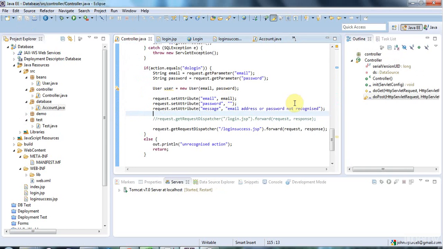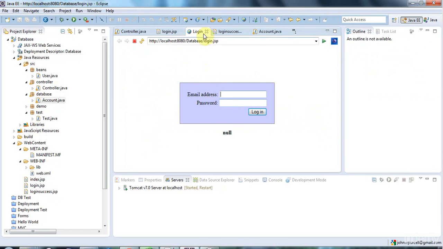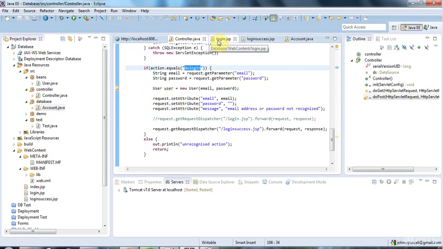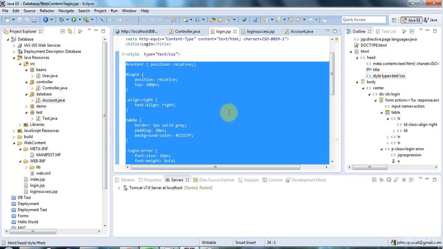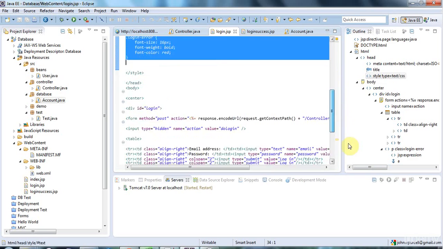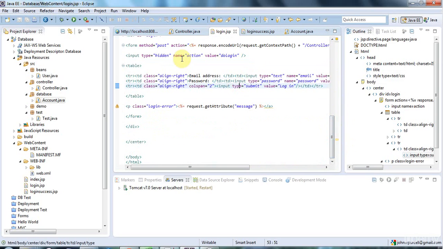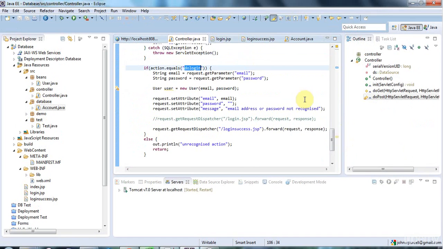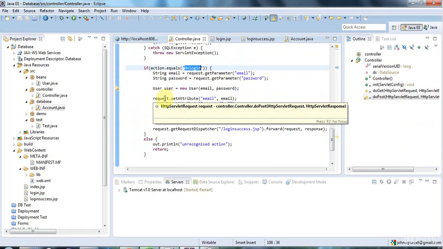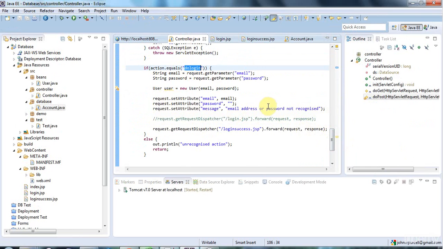So up here, if the action is do login, that means that they've submitted the login form, because on this login form, login.jsp here, I've got a hidden input control with the name action and the value do login. So let's go to the controller, and in the doPost method here I've got this code that checks for the action do login, and I'm going to say here,